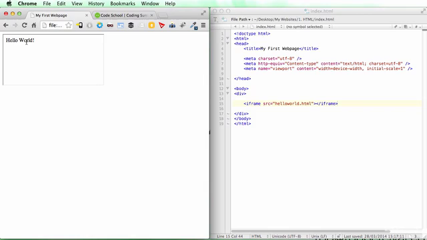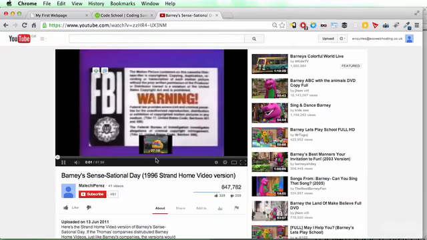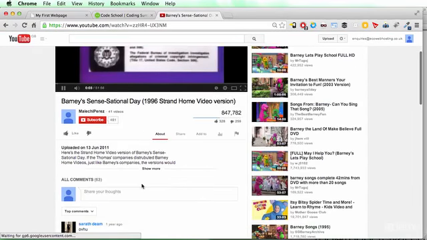Unfortunately, if we try and do that here, it won't work because you're running this file, just as I am, on your local computer. So if we try and put a YouTube video in, how might we do that? If I go to YouTube and just find... We'll put Barney in. So you'll notice down in the sharing area of YouTube,